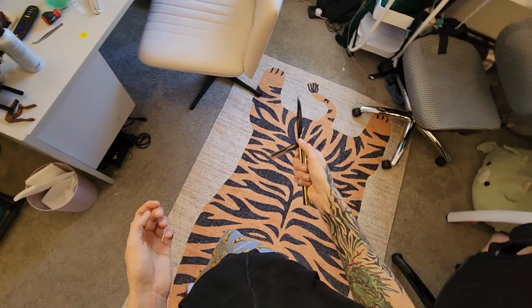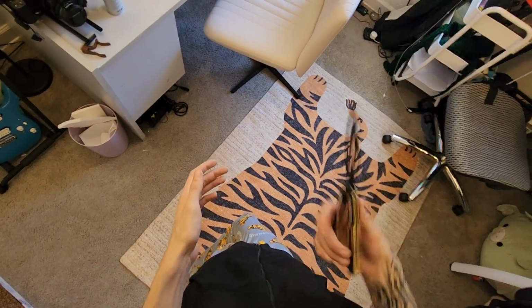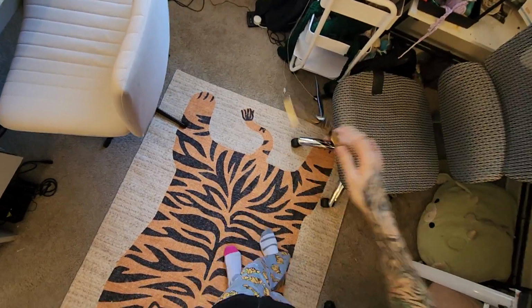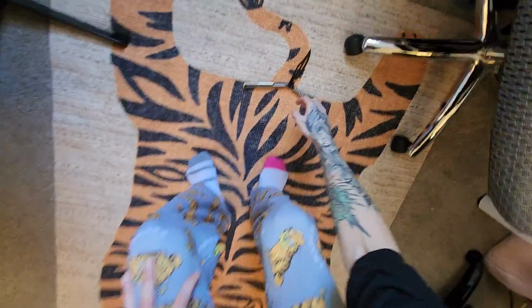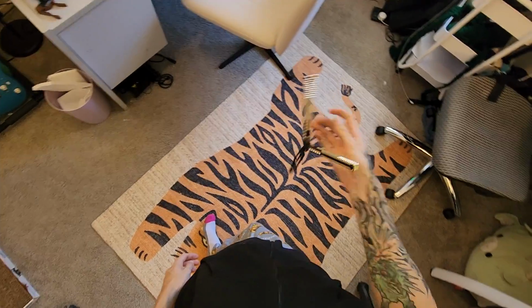And I would like to clarify, I do not own one of these. The Bellies did not send me one. This is Ethan's that I am just borrowing. So I have to send this back, and I'm going to miss it. I'm genuinely going to miss having it when I have to send it back to Ethan. But